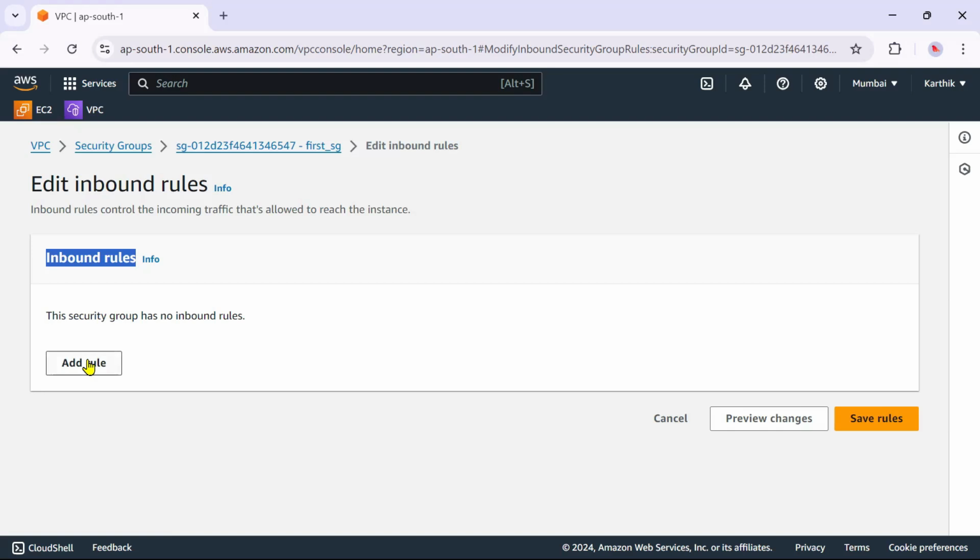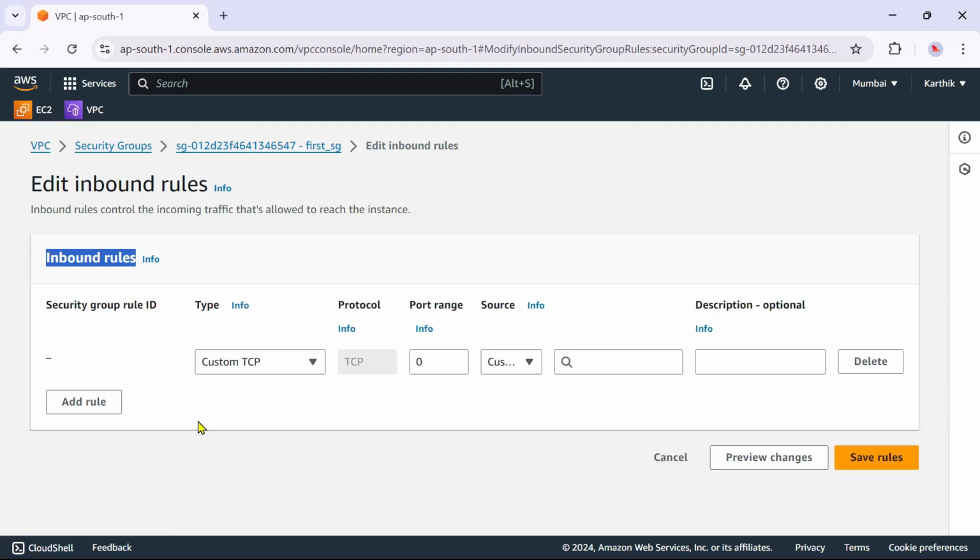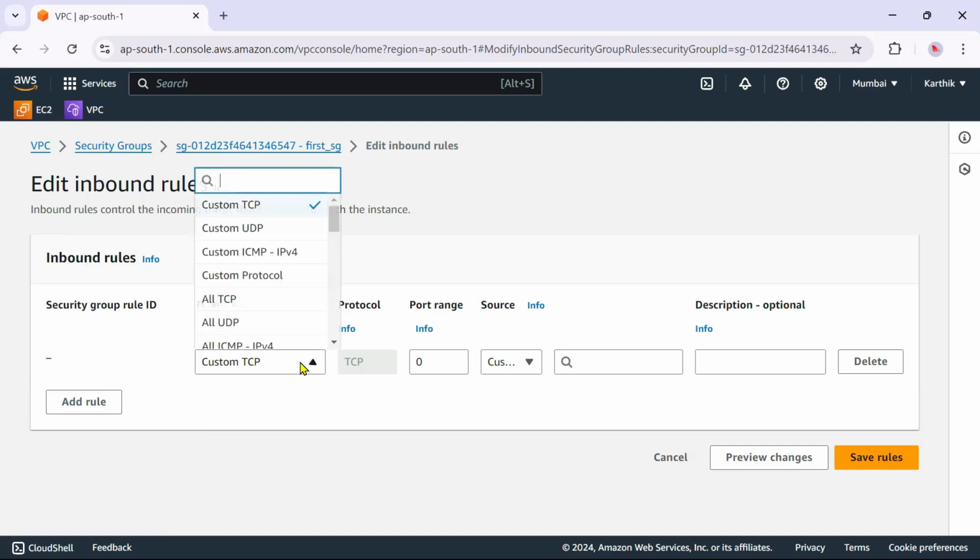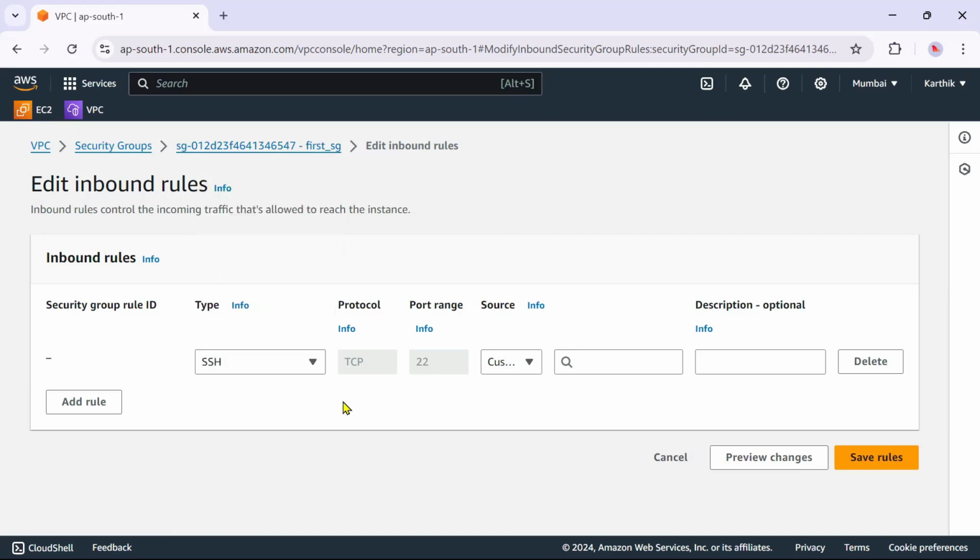Click on add rule, and here you just need to mention whatever you want. What do you want now? I want SSH. What is the door number for SSH? See, it is already taking it by default. 22 is my window number.